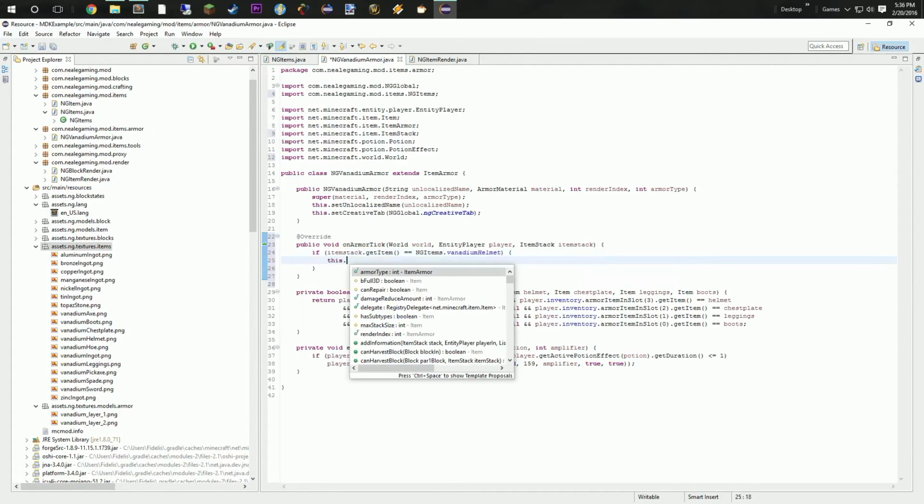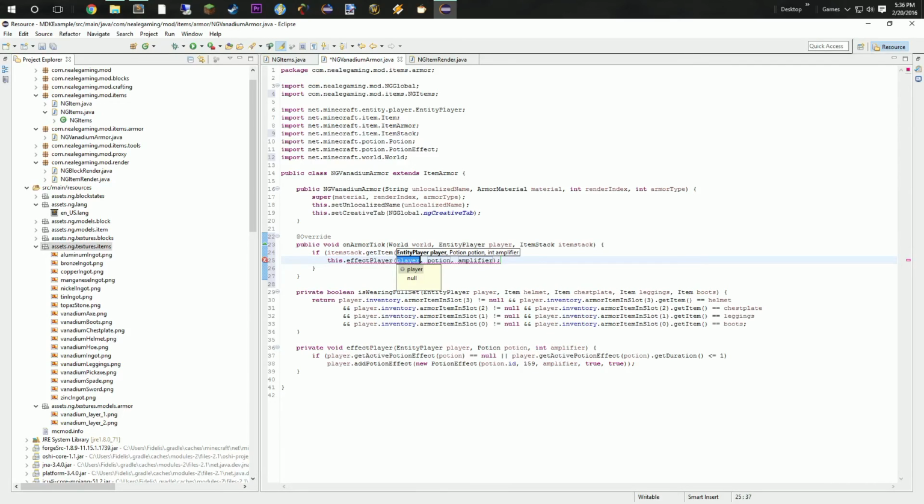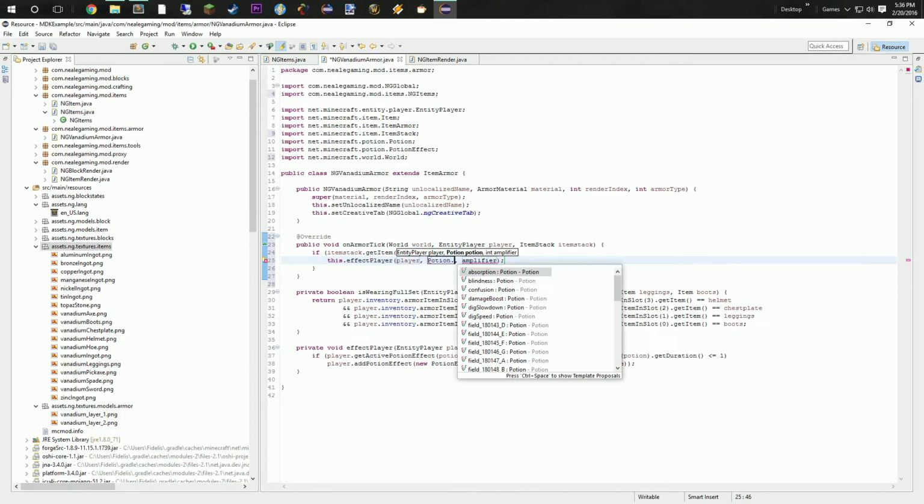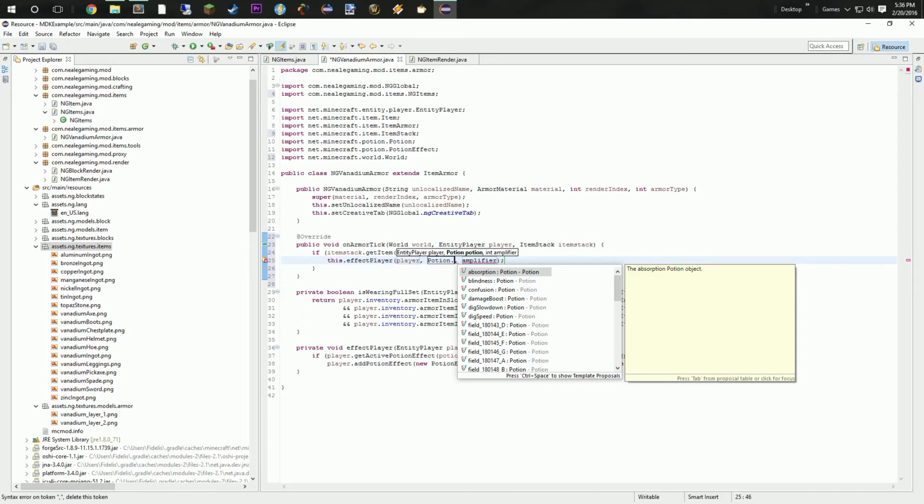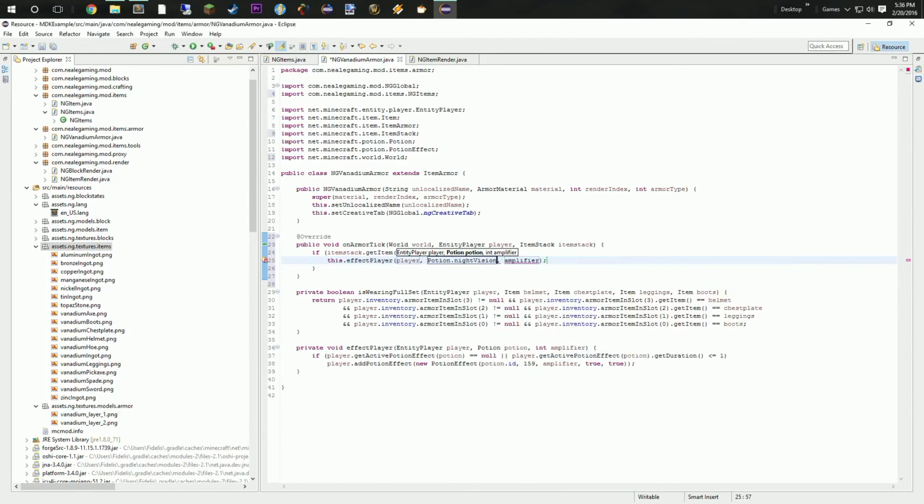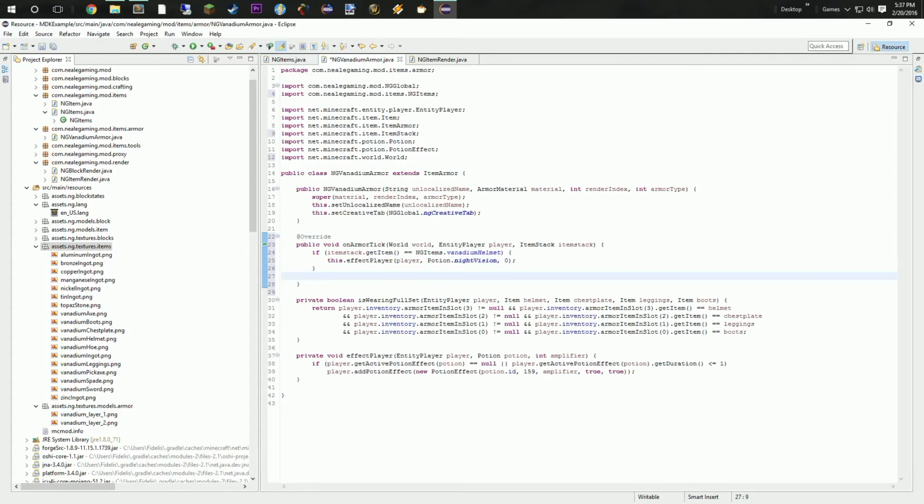What we want to do is this dot effect player, and that will be player, and this is where we can put in our potion. So we will do potion dot, what do we want to do? So if we're wearing our helm, we get night vision, and our amplifier is just going to be 0. Right? So our next one is going to be if item stack